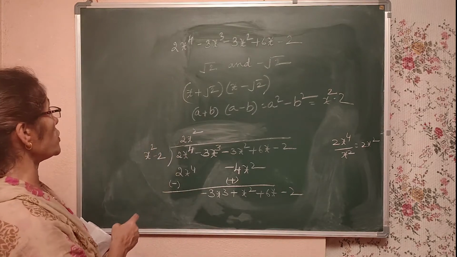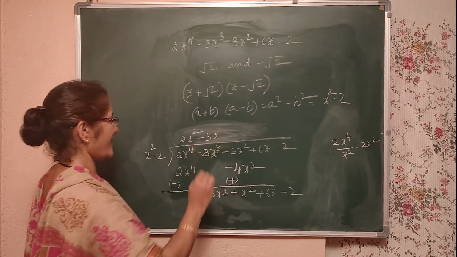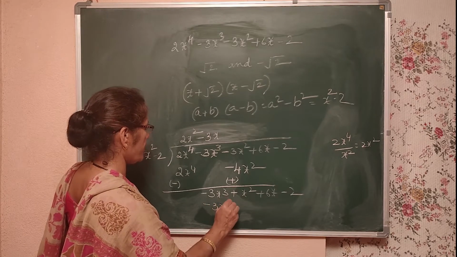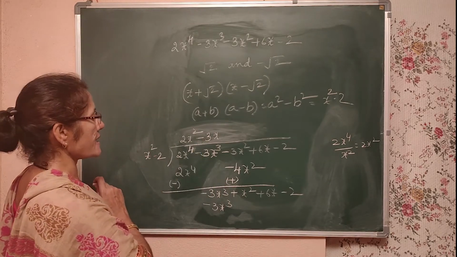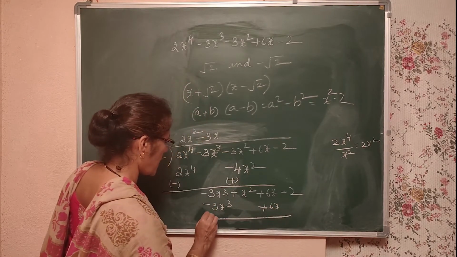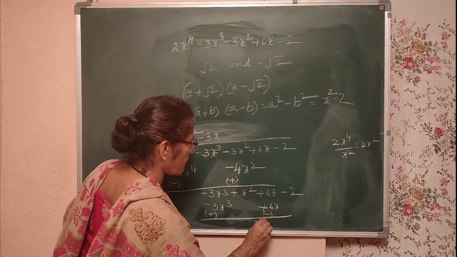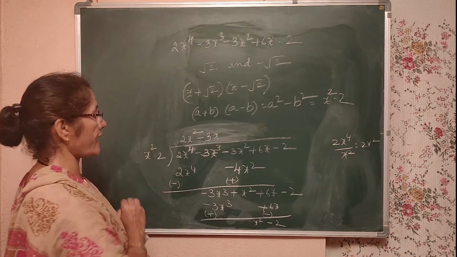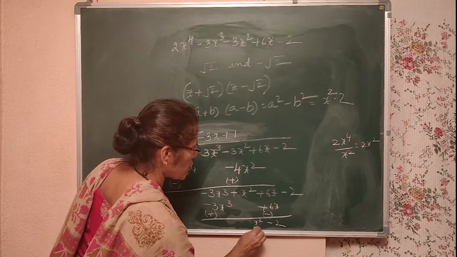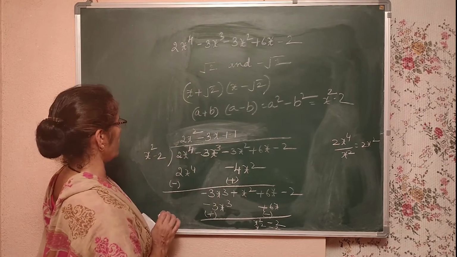Now, minus 3x cube divided by x square is equal to minus 3x. Right? Minus 3x into x square is minus 3x cube, and minus into minus is plus 6x. Where I have to write down? Plus 6x. Now, subtract, plus minus. So, what is remaining? x square minus 2. Look at this. What is there? x square minus 2. So, plus 1. So, x square minus 2. Change the sign, minus plus. The answer will be 0.